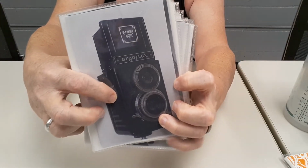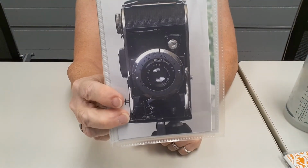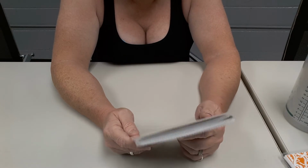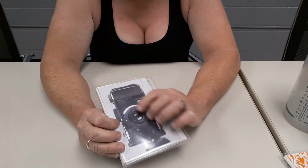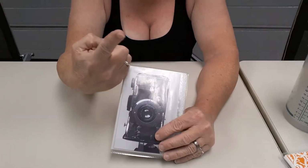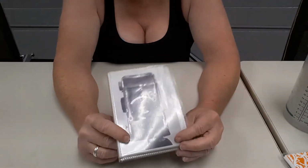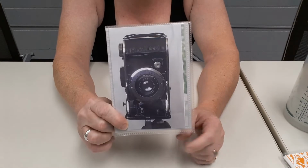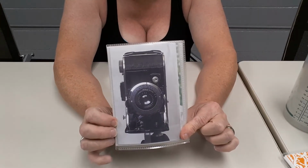a review of this. I think I've done a review of this. This is my Ansco Vigilant, but the pictures that it shot are the pictures that I got out of this. The bellows are really holey, so I think I got one picture out of 2 rolls that looked halfway decent, and that was because I manipulated the hell out of it in software. But I just really kind of liked the idea, and it turned out really, really well. But anyway,